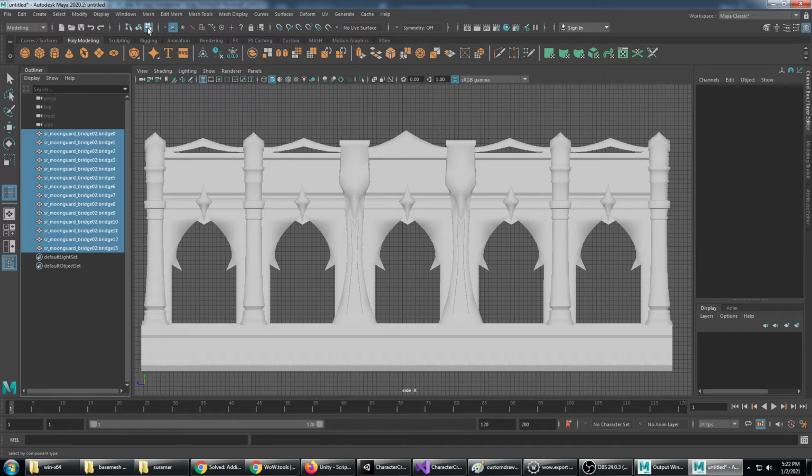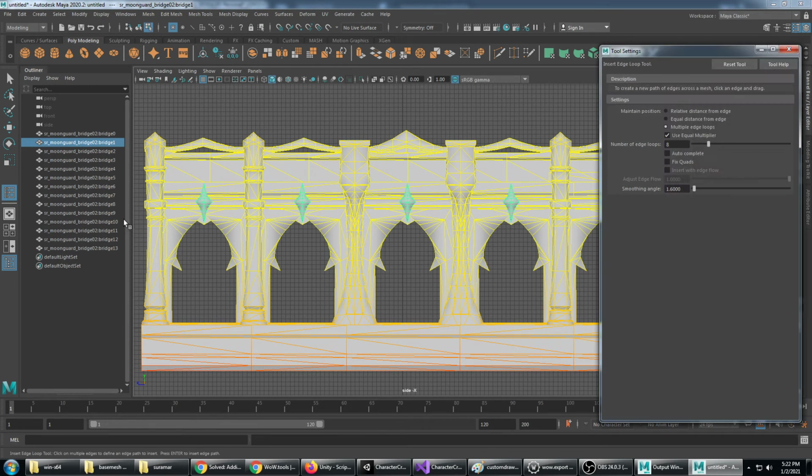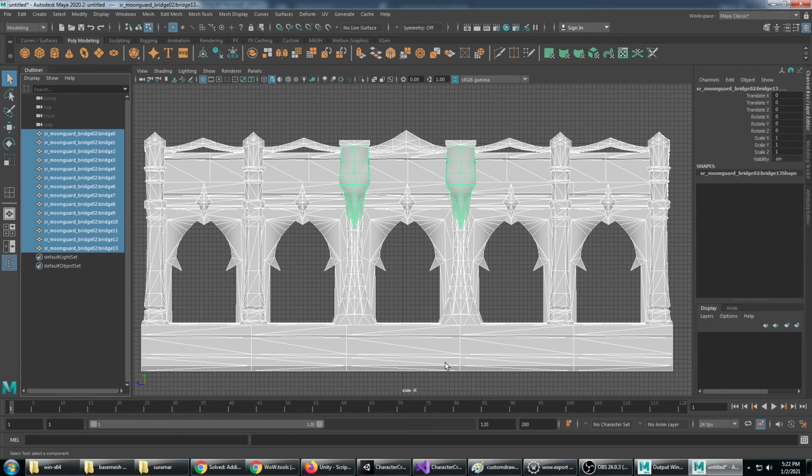Select everything. We want component mode and vertices. It's not letting me see them because the tool right now is the insert edge loop tool, so I need to get over here to the select tool, and now I can select all the objects